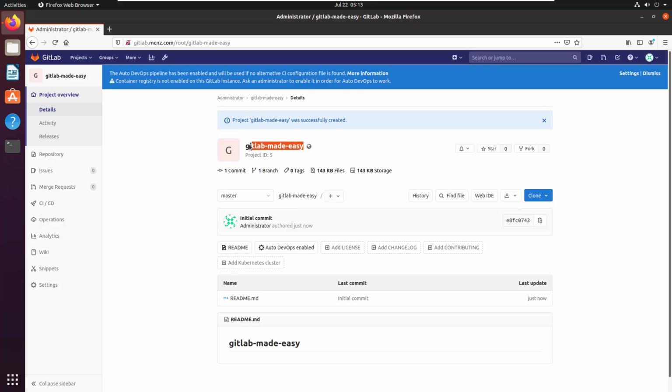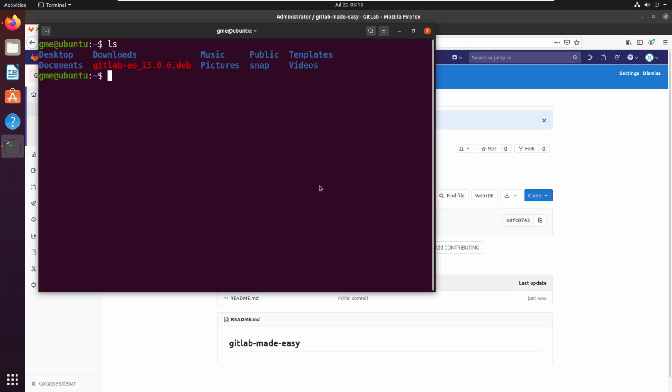There's my Git repository there, GitLab Made Easy. And that is what I want to clone. And so to clone, you need the HTTP or SSH URL. I'm going to clone with HTTP because I don't have SSH keys set up yet. So I'm going to click Copy URL, open the terminal window, which brings me to my home directory. From here, I'm just going to say git clone, paste in that URL,